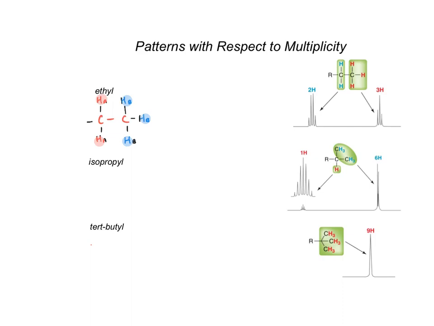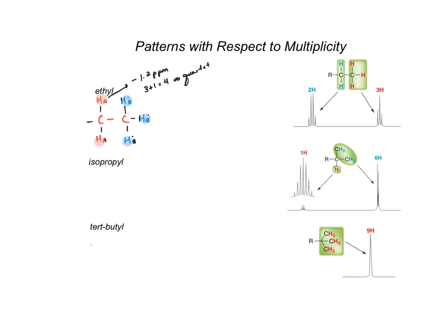So now an ethyl group is going to give a very characteristic pattern in the NMR spectrum. So for example, if we looked at HA, HA is a methylene proton. They're methylene protons, so we could expect their chemical shifts at about 1.2 parts per million. Most importantly, though, with respect to the splitting, with respect to multiplicity, they're going to be split by HBs, of which we have 1, 2, 3 HBs. So 3 plus 1 gives us 4. So we can expect a quartet